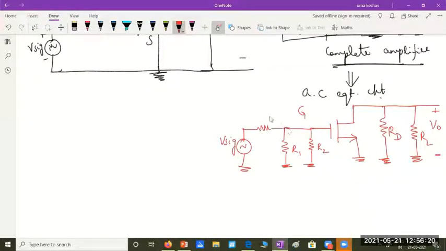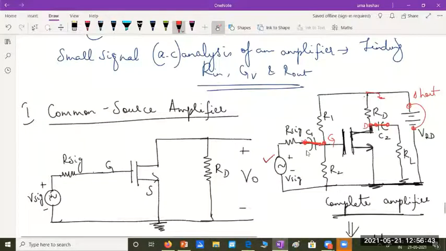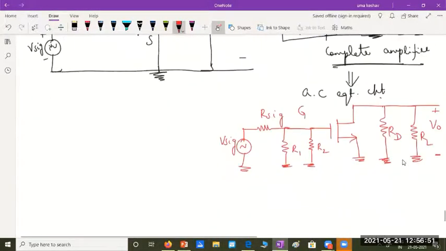So if I consider a practical amplifier or a proper MOSFET amplifier, it will include all these elements. Like the one you do in the lab, if you do a proper common source MOSFET amplifier in the lab, you will include biasing resistors, coupling capacitors, the biasing voltage VDD and the load resistance, all can be included. Okay. So ideally, this is how we write the AC equivalent circuit. Is that clear? Do you have any doubt with writing this?